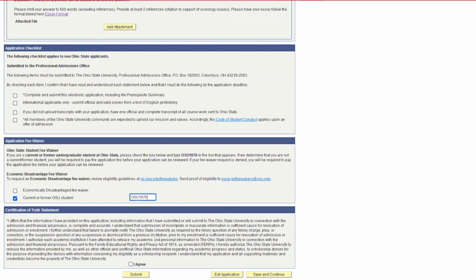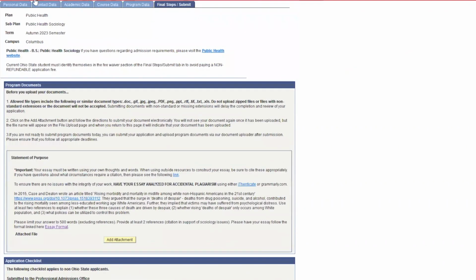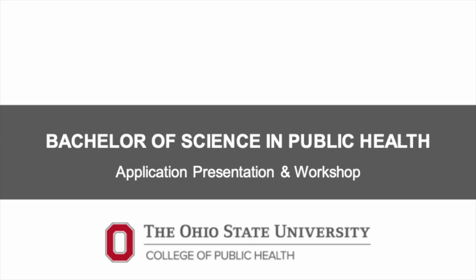Once you affirm and have completed everything in the application, you can submit. For the sake of safety, I would save one last time because if you're to this point, you should be completing the application, but if there's any error or thing that goes wrong on your computer, and when you go to submit, know that it is saved there for you. You will submit it, and as I mentioned earlier, if there are any errors, it will take you back to the appropriate tab. So that is the application itself.